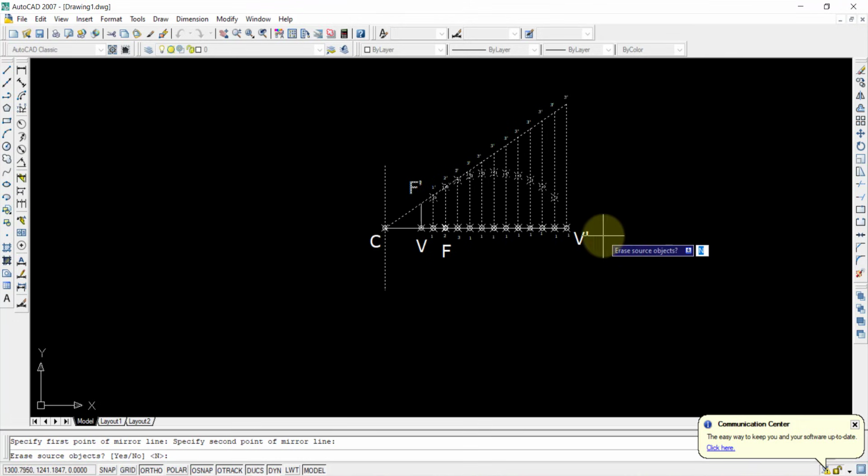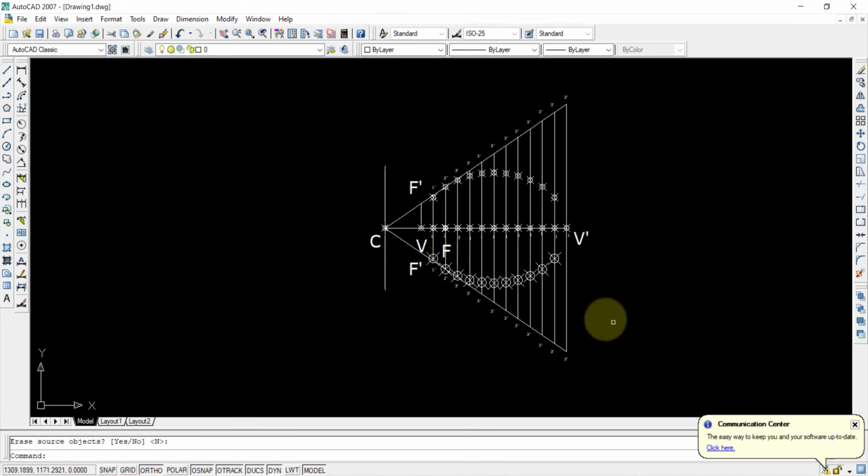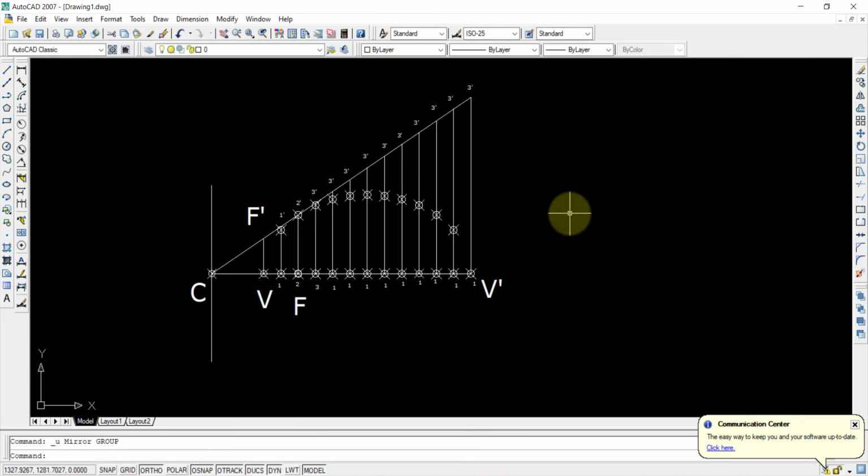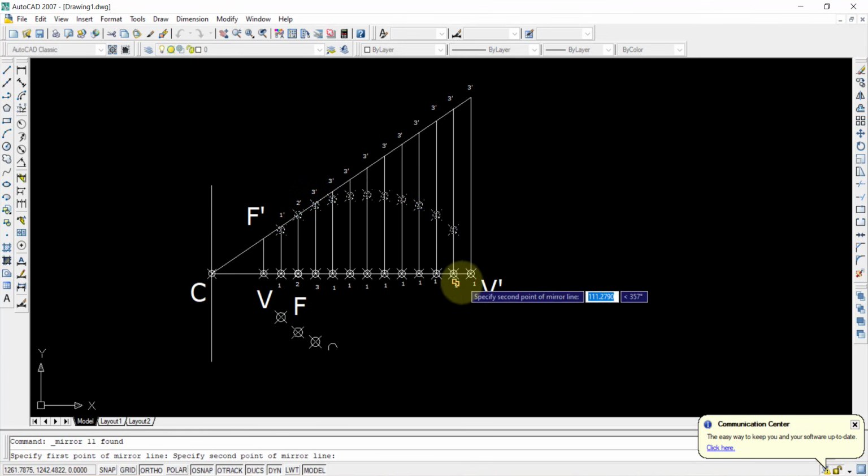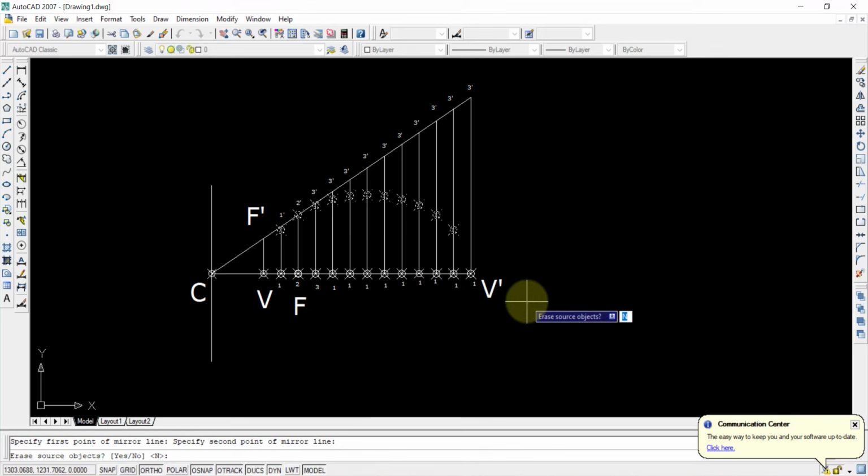From here to here also I can draw and finish it. In this way also you can draw. No objection to what you are doing. For my easiness sake, I want it to be very clear, so I am just selecting the points and using the mirror command. And from B to V dash or C to F dash, whatever it is, I'm using the mirror plane